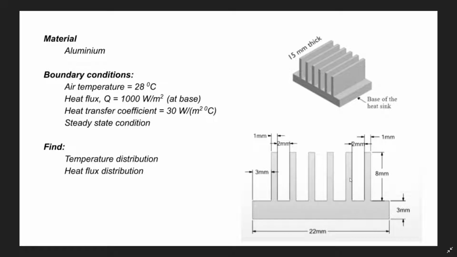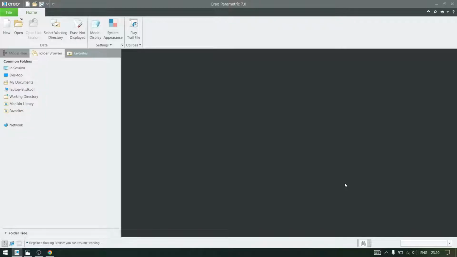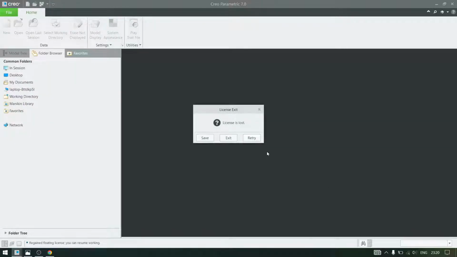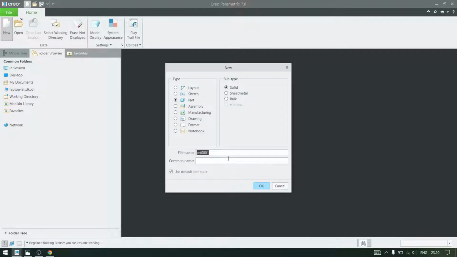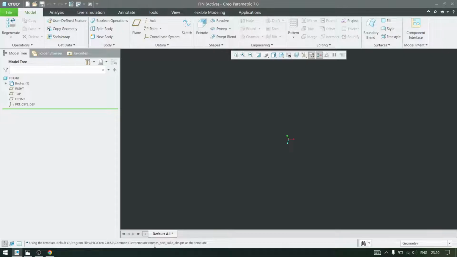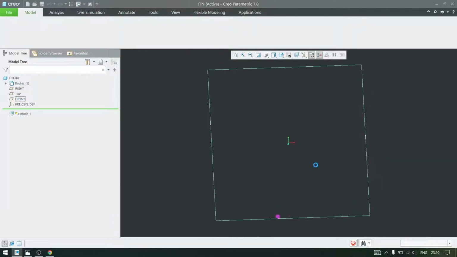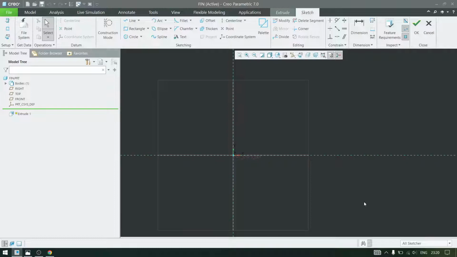So let's create the part in PTC Creo. Control New, and let's name the part as fin. Let's check the unit, which is millimeter Newton second. It's already okay. So let's take the front plane and go to extrude, take the line command,